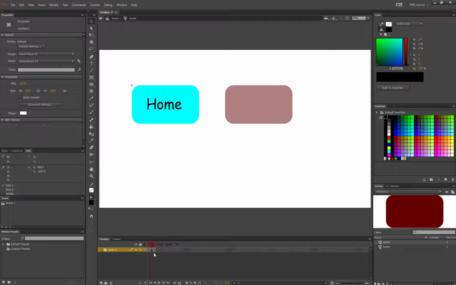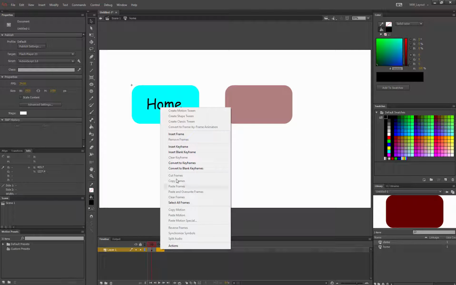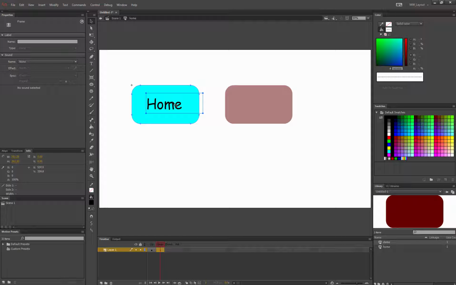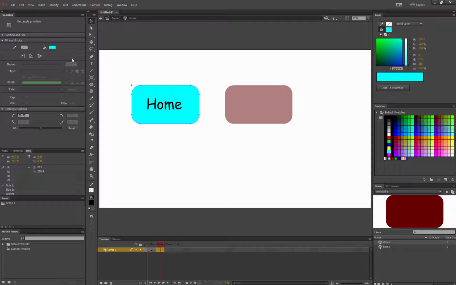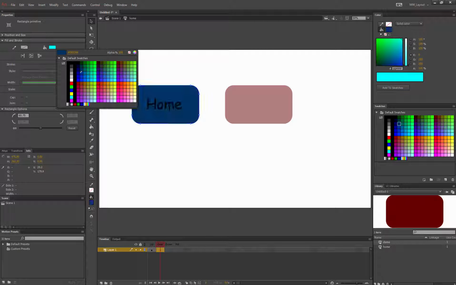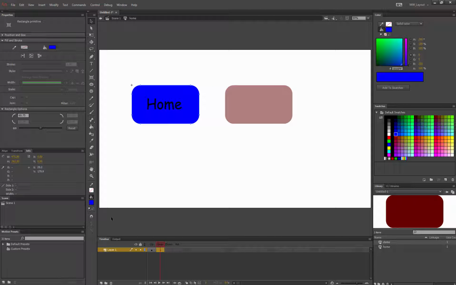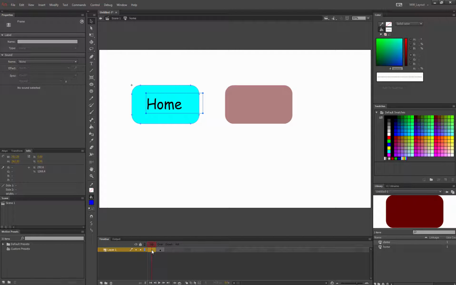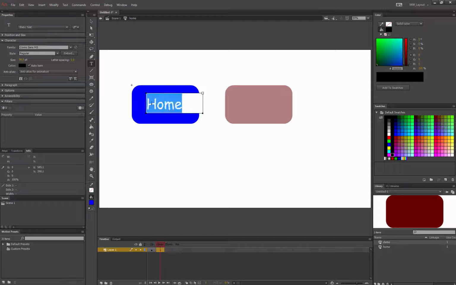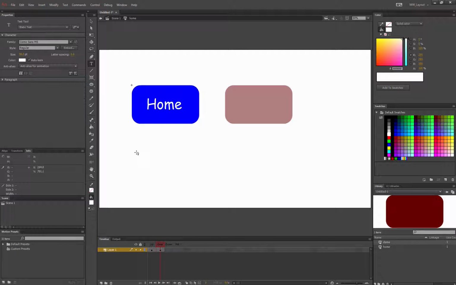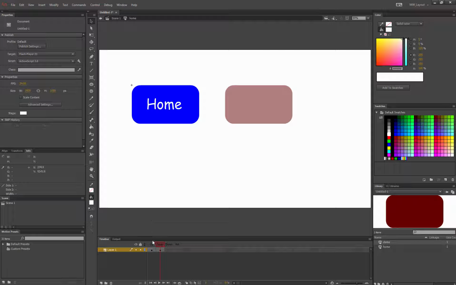So now, when I move over to the over state, right click inside it, and insert a keyframe, I've got the button and the text. So I'm going to select the button. I'm going to change the color for the mouse over. So let's do that. So now it's going light, dark on the mouse over. How about I select this and make it white just so the font changes on the mouse over, so you can still have it legible. So this is the up, that's the mouse over,